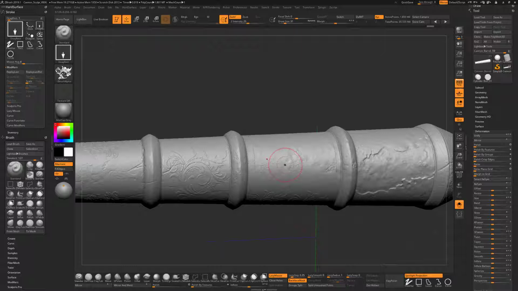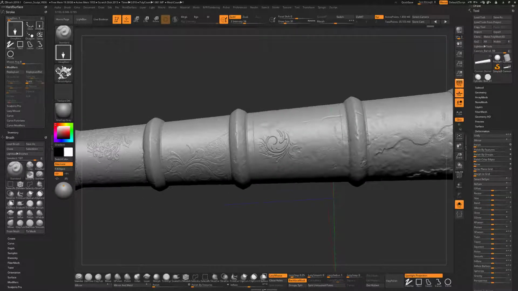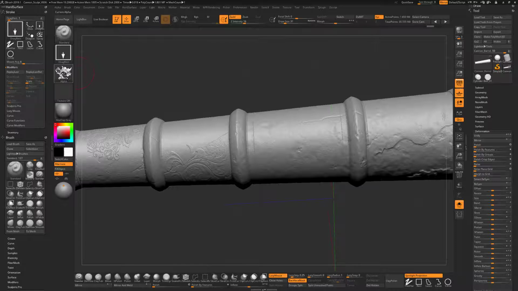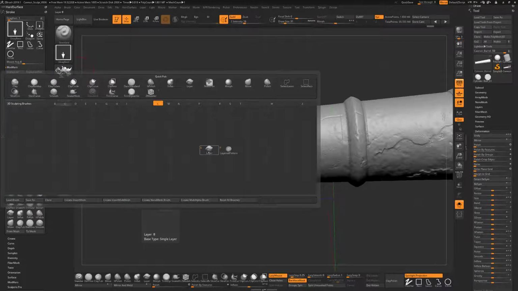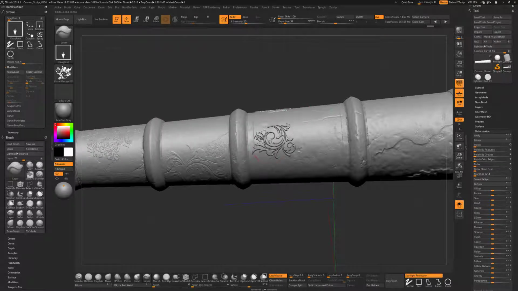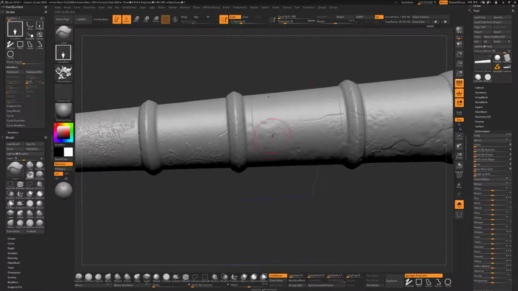And if we tap U and find a value that works really well for what we're trying to do on this, let's just go back to B and then L for the layer brush, and put this on this drag rectangle, put on the alpha, and find a strength for this. Tap U, and I'm going to go down to maybe 8 or 9, somewhere in there. If I click and drag this out, and that works rather well for me,